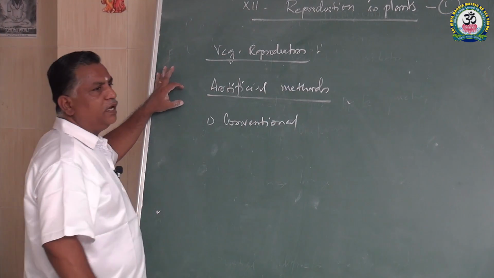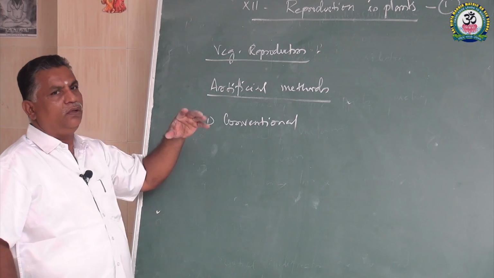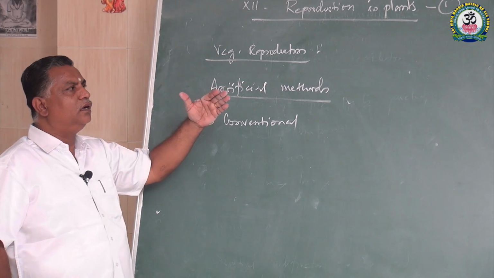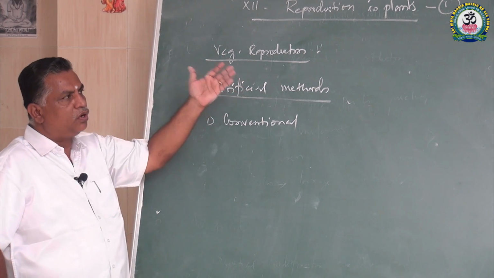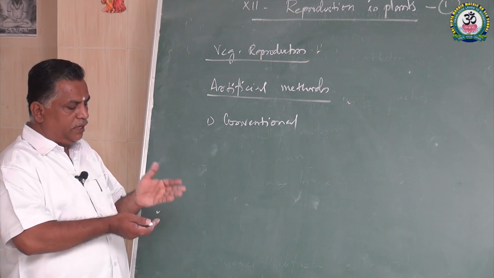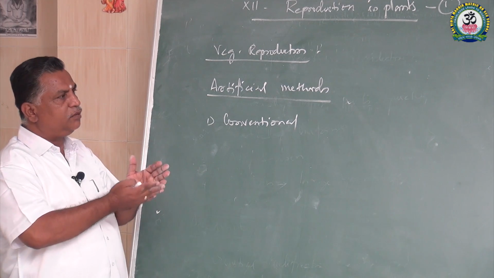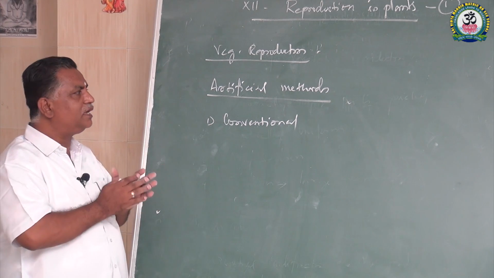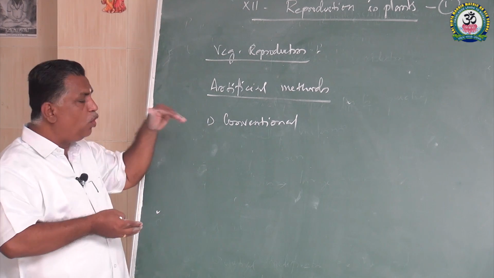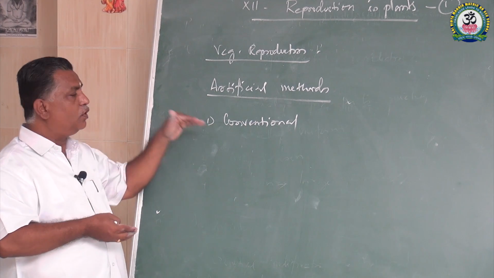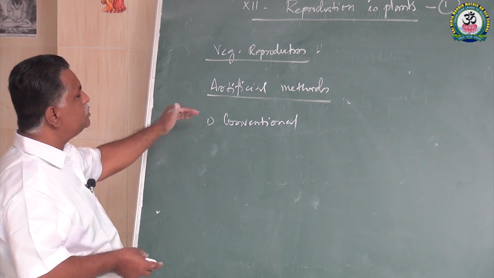To make it very clear, natural method, we have seen so many plants like ginger or any plants like that, with underground stem or aerial stem. When by accident the stem is cut, the axillary bud in that will grow into a new plant. So that happens naturally. In the artificial method, agents are involved. For making the process, agents are involved, that is why it is called artificial method.